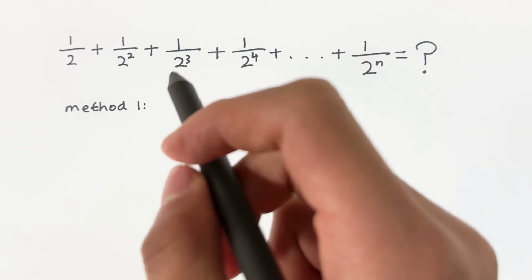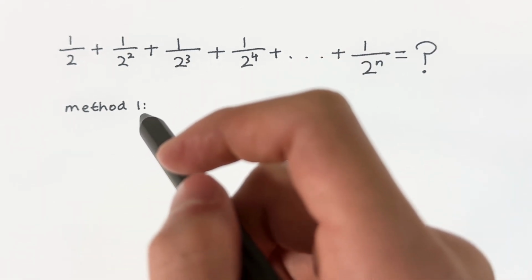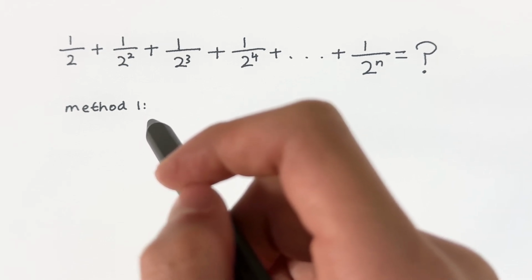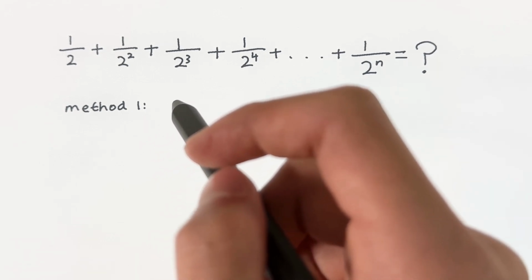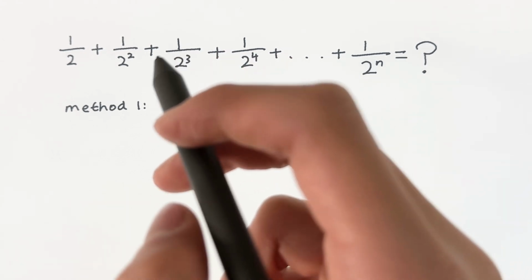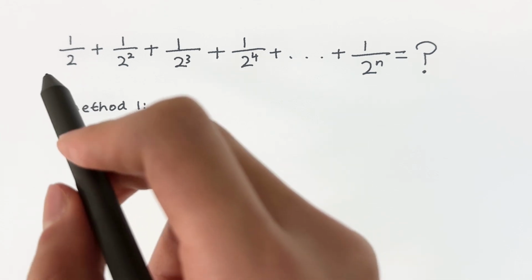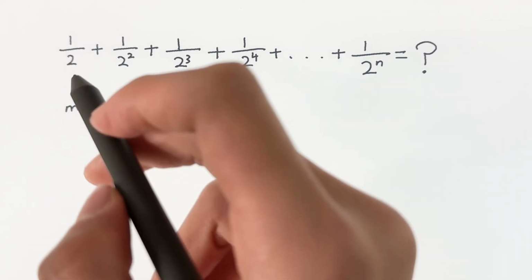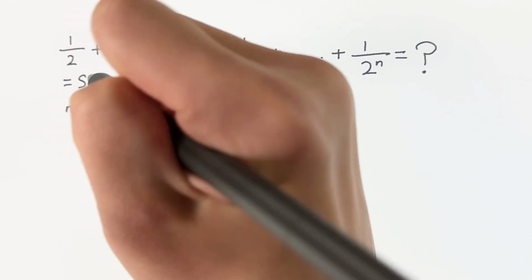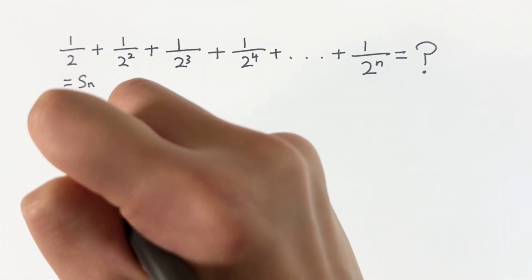And then a common method to solve this kind of problem will be to first manipulate it and then subtract the two equations so that we'll be left with only the parts that are different and the common part will be subtracted. To manipulate the equation, we can multiply it by 2. So if you let the first equation as this equals to Sn, then we have 2Sn